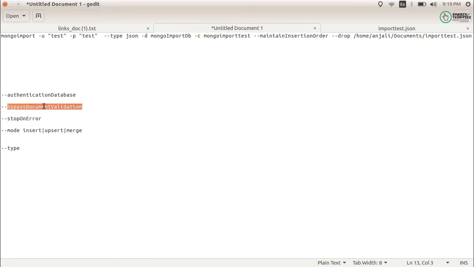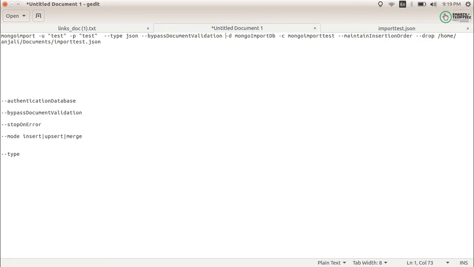Next is bypass document validation. It means that there are certain document validations in your collection. Maybe not all users know about it. If you know SQL or MySQL, you have validations like this column should be of length 50, or this column should be a string.